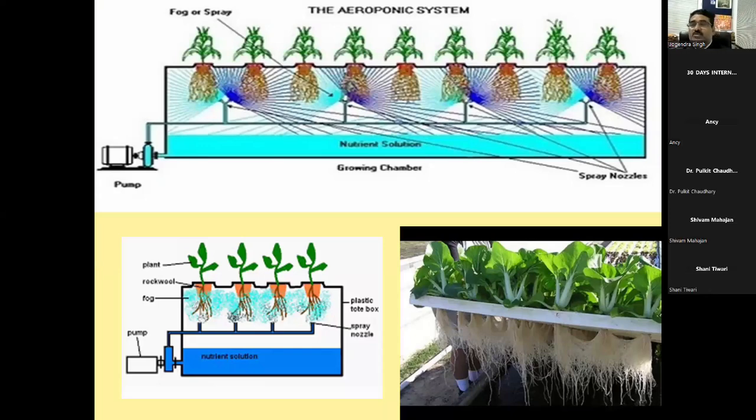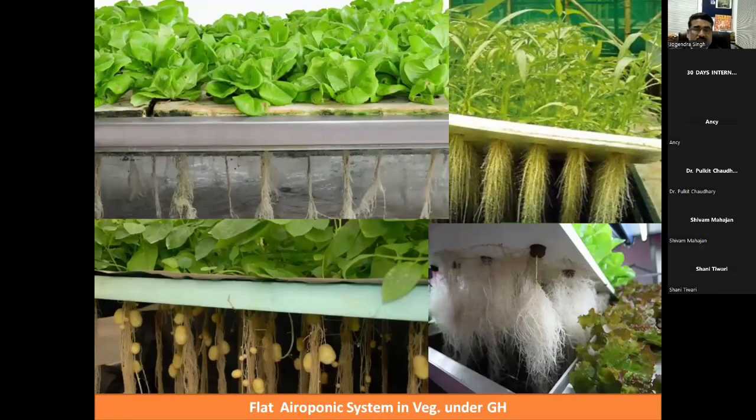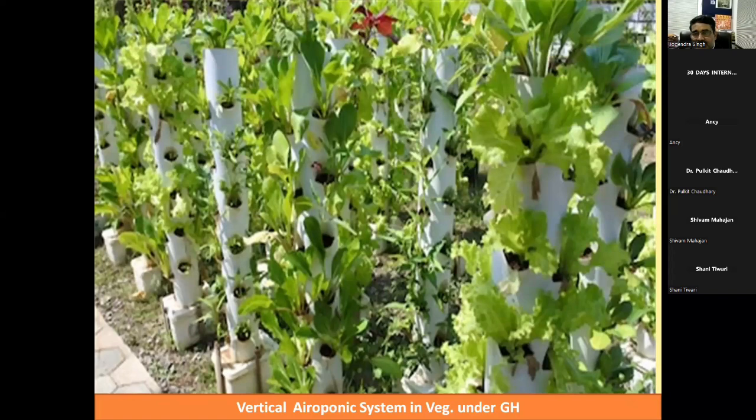So lettuce, pak choy, Chinese cabbage, strawberry, and other crops will grow in the aeroponic system. One of the best uses of the aeroponic system is potato seed production. Potato seed production is more important for the aeroponic system. You can see that this is a view of the aeroponic system, where only nutri-water is provided to the root zone and the nutrition and water are taken up by the root. So these are root aeroponic systems. This is the tower system for aeroponics.